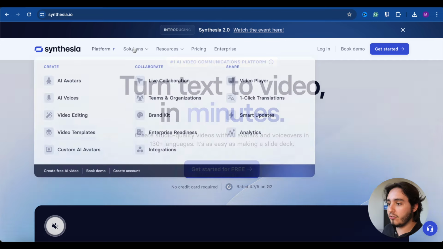So let's just hover over the solutions part of things. The main difference between these two platforms is that Synthesia focuses a lot more on creating AI avatars, which essentially means that you're creating fake people to be in front of the camera, lip syncing to the voiceover. Meanwhile, Invideo uses stock footage and a voiceover. These two different tools can make a huge difference when you're making content for social media, but I think Synthesia